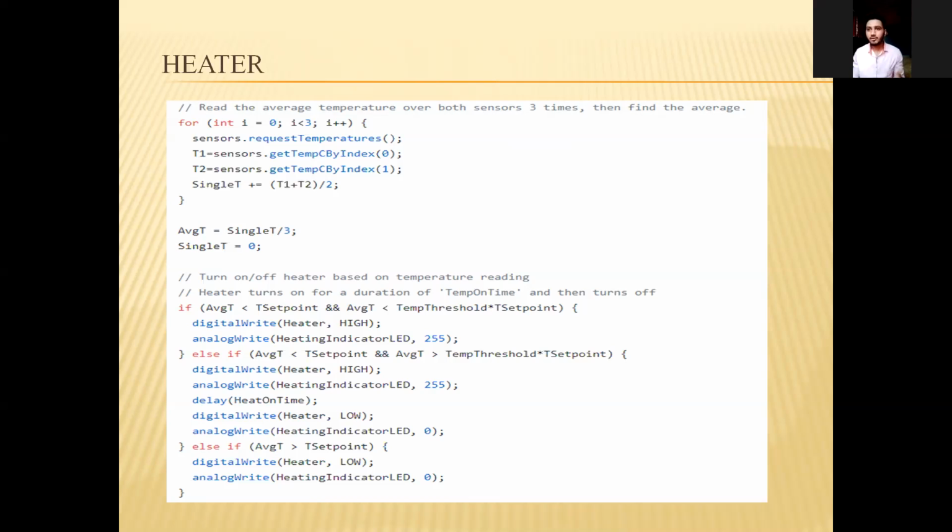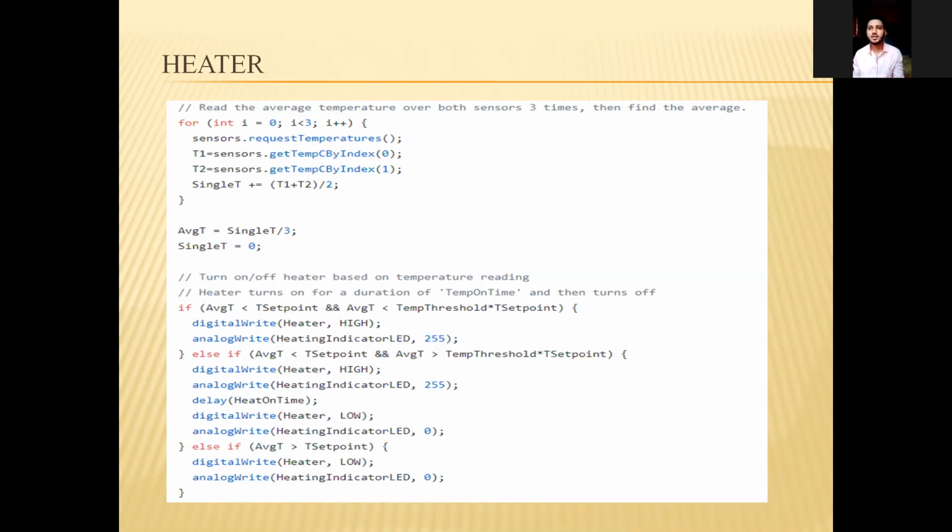We have three conditions. We have a specific temperature, something like 37. If the average is below our specific temperature, it gives an input to the Arduino, which will tell our heater to turn on, and it's going to beep. We'll have a program at N255, which will give us a beep to indicate the heater is turning on.